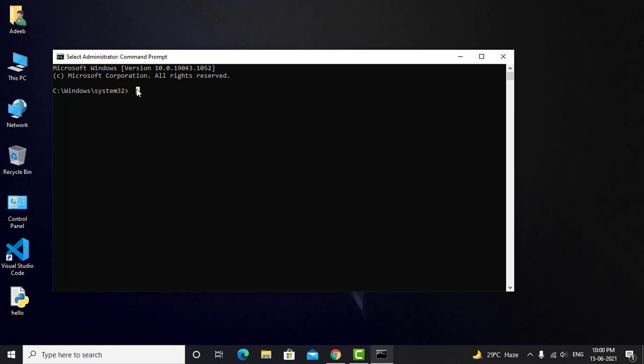And I'm sorry for those who have Windows 8 or Windows 7, because the Winget option is only available in Windows 10 and the latest versions. You have to install Winget as well. It's not there by default.